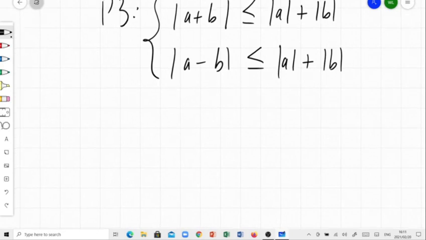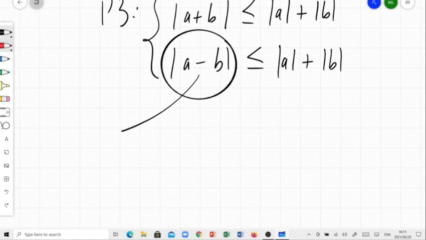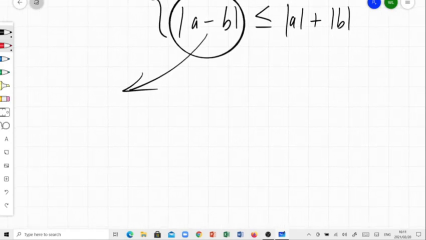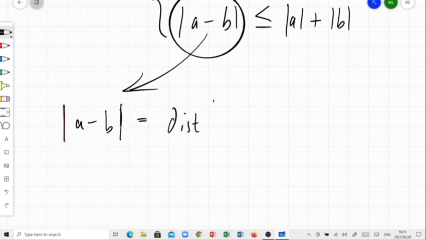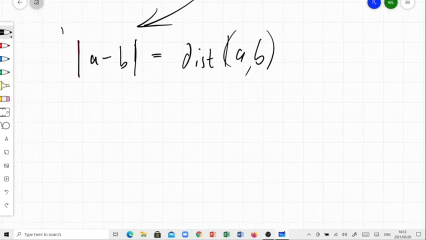Now, so far it's been very algebraic, but when the absolute value is paired with the subtraction operation, it gives rise to a very powerful geometrical interpretation of the absolute value. When you consider the absolute value of a difference, the absolute value of a difference of 2 numbers can be interpreted as the distance between the 2 numbers. This is the most crucial